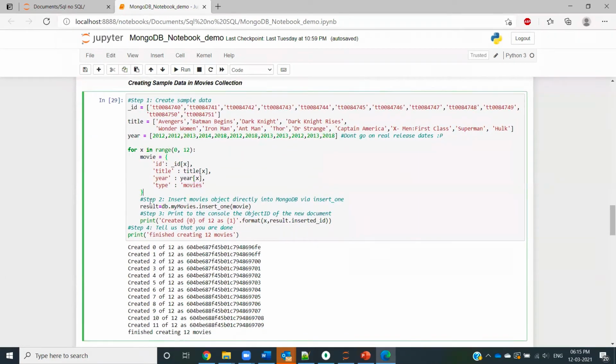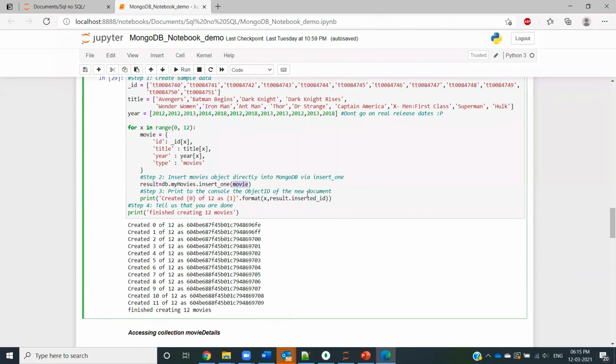Inside the same for loop, I am inserting this movie document into the collection by using the function called insert one. It connects to my collection, uses insert one, and inserts the document that I have just created. I'm also printing the inserted IDs of all the records simultaneously.